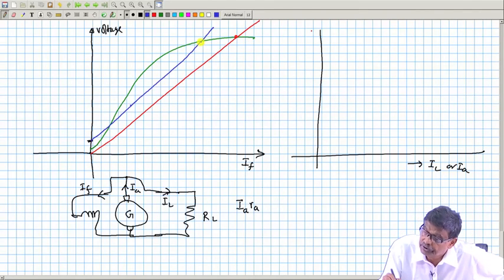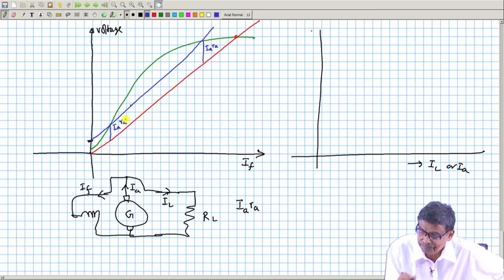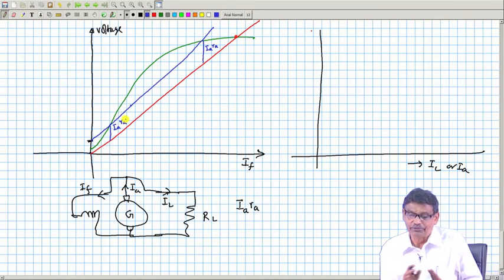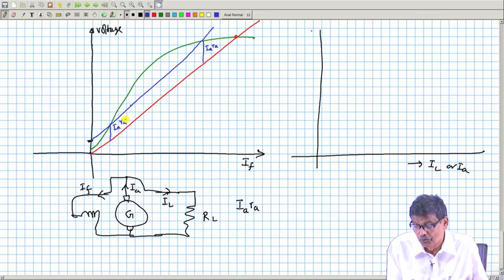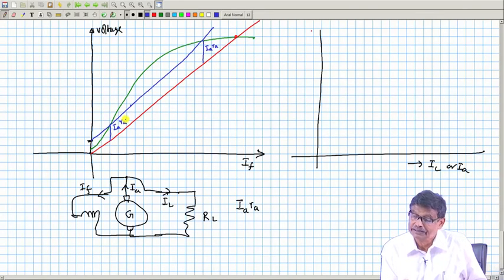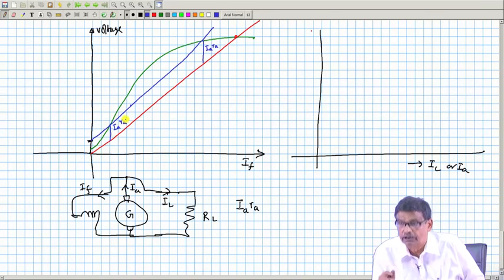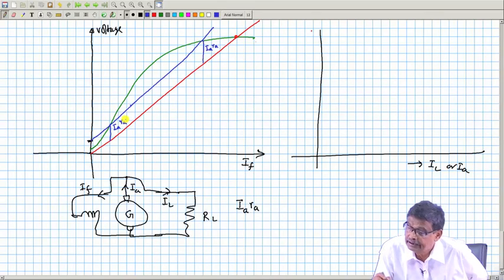Then I am sure this length is IA RA, and this length too is IA RA. Then I am absolutely clear, okay, if you say the armature is delivering so much current, then I will tell that it can do so at 2 terminal voltages. What is that? This was the open circuit voltage as usual,